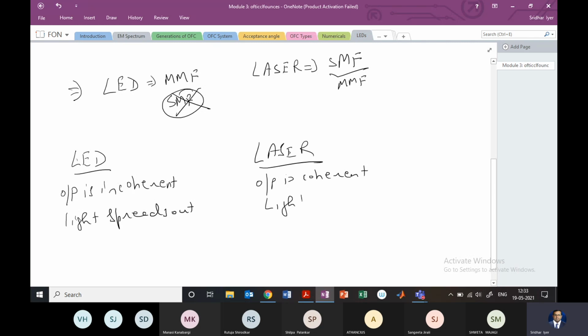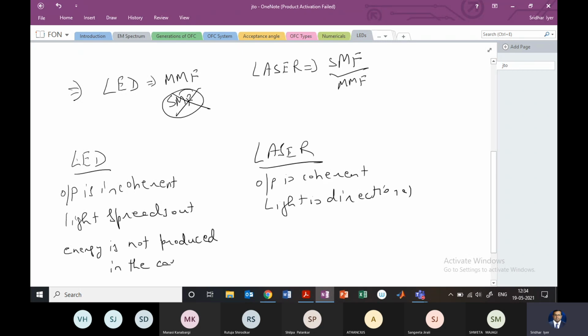Here light is directional. Okay. Another structural difference: in the making of the LED, we'll see that energy is not produced in a cavity. There's something known as a cavity which will help us produce this optical energy. That is not done in the LED,